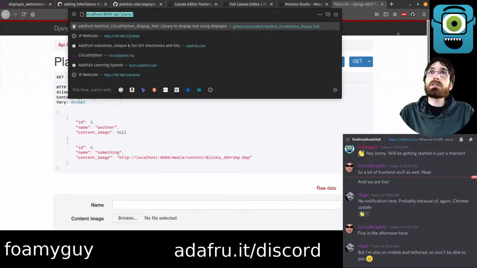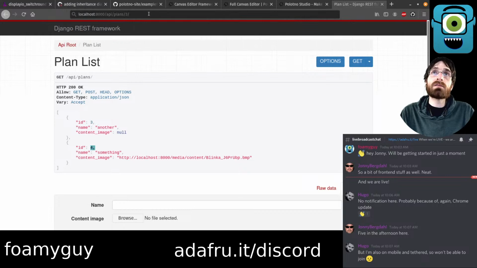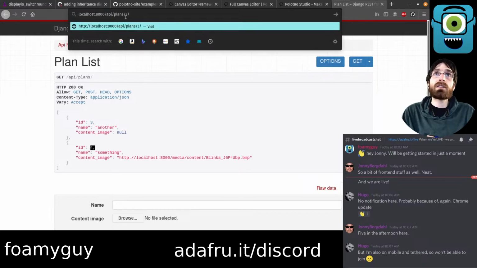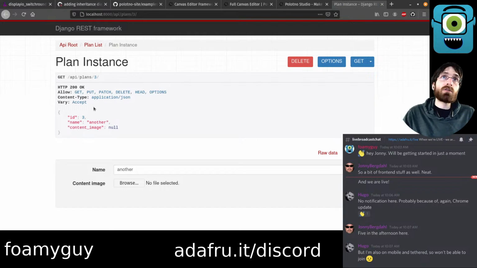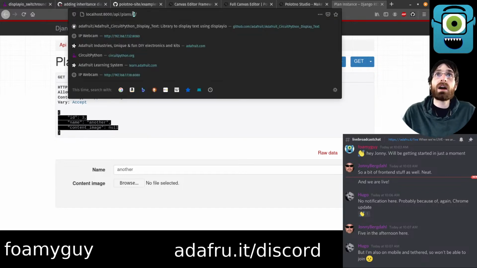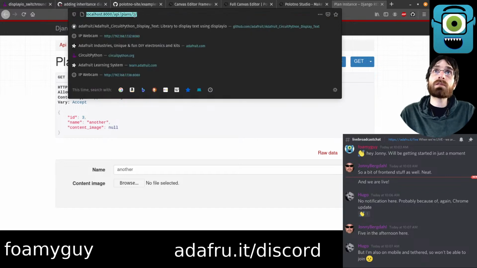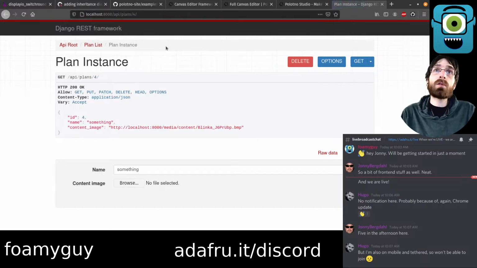And the other thing that REST framework did is it creates individual URLs as well. So we have ID 3, ID 4, those are the plans that exist. If I tack on a 3 in the URL up here, I can go to that page, and now I am fetching the data specifically for this particular plan object, the one that has the ID 3. So this is the data from that, and we can go 4 if we want to see the data from